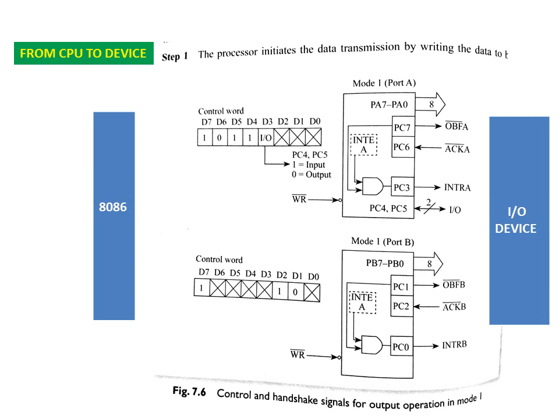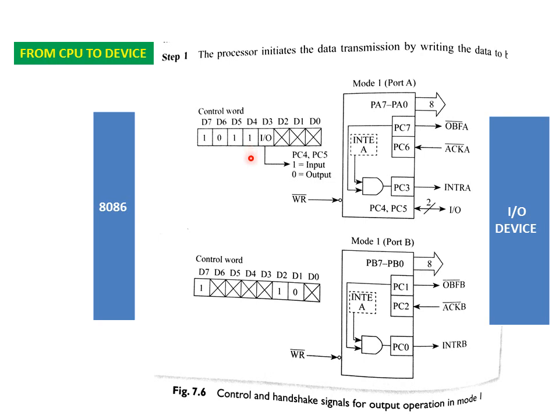If you observe, the strobe and handshaking signals here are interrupt signals, strobe signals, acknowledgement signals. Now see, D4 indicates port A